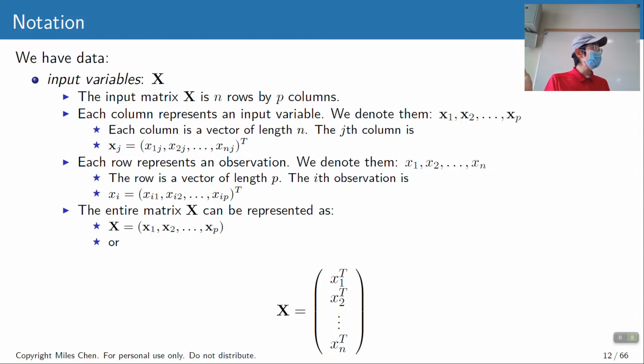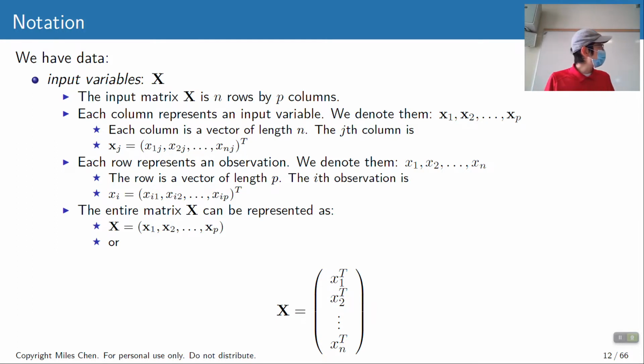A lot of times in R, all of this comes in one data frame, right? You've got like 7 columns in your data frame. One of those is your response y, and the other 6 are your input variables. Okay, and when we talk about notation here, we're going to be separating out the input variables, those 6 columns of x, from the value that we're trying to predict, the target value y. And so here we've got our input variables x. We've got n rows, p columns, p different variables.